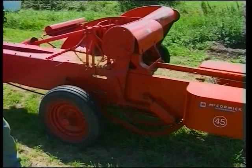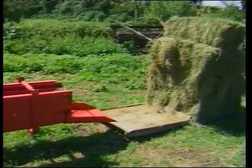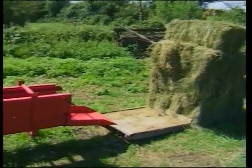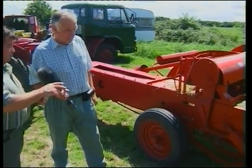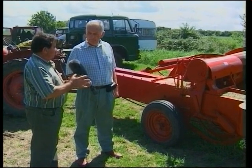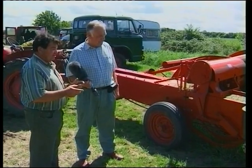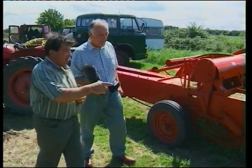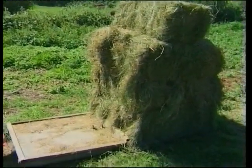Francis, you said this was worth a mention. Tell us. Right, this baler was very, very popular in this area. Came on stream in the late 40s, 46, 47, 48. And this was built in Britain by the International Harvester Company. It was called the McCormick B45 and was probably the highest volume seller of a baler that I ever remember in those times. Well, another interesting part is this bale sledge on the back here. If I could just show you how a man had to